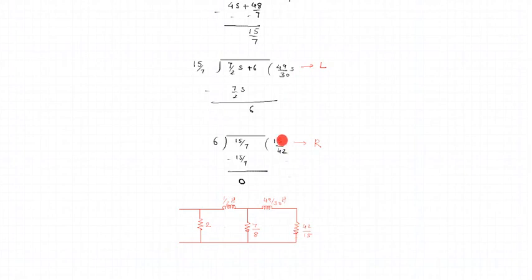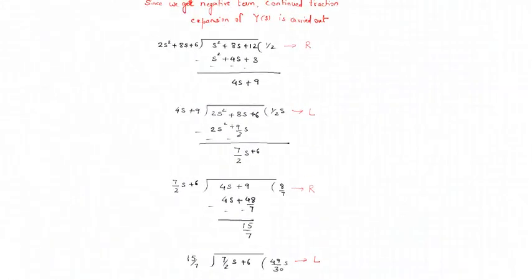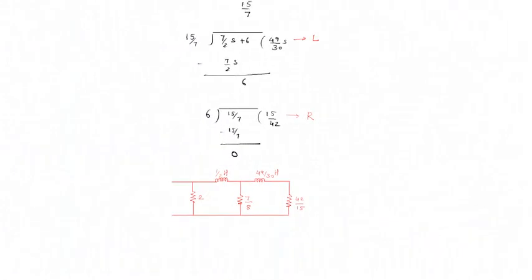Since it's a shunt element, the resistance becomes conductance, and therefore we need to take the reciprocal of this. We need to take the reciprocal because resistance becomes conductance when we put it in the shunt. You can see here the first element had a value of 1 by 2. When we put this 1 by 2 in the shunt, it becomes a conductance with a value of 2. We need to take the reciprocal, so you can see here we have taken it as 2. So this is the circuit for the given system.